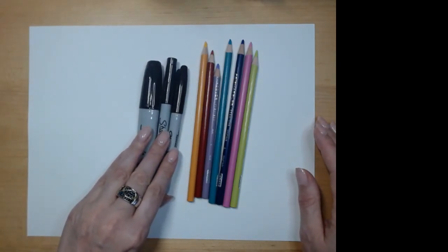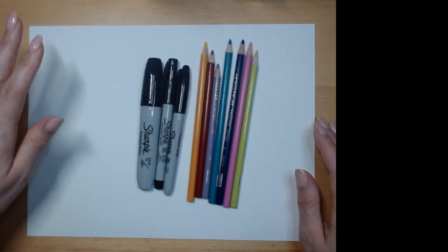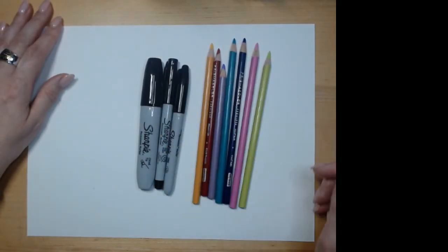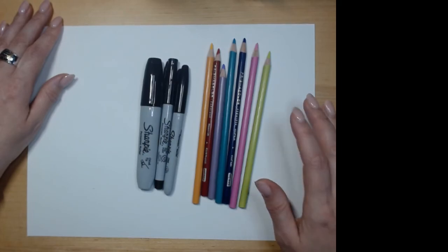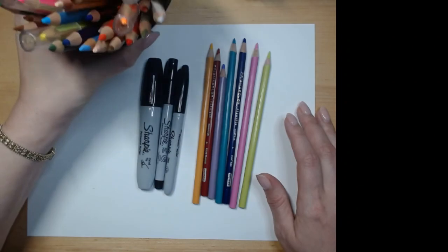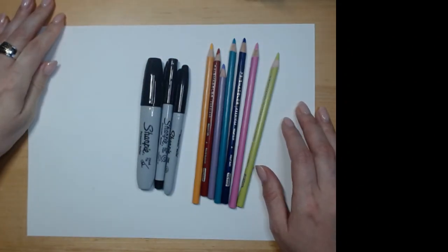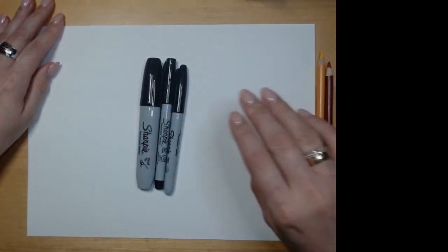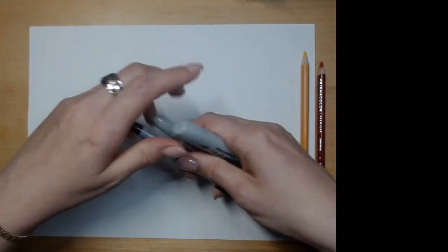I use Sharpie and I use black color, but you can use any color you want, and some color pencils. So if you need more or different colors, please feel free. I have a lot of colors here, in case I decide to change my mind. So first, we are going to do is to